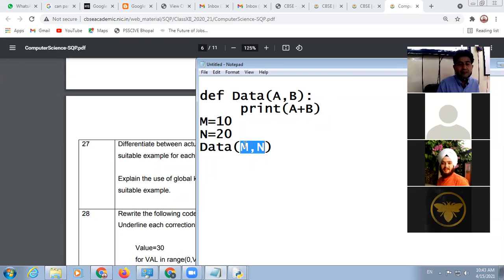These are actual parameters. But a and b, these are declared in function definition. So this is called formal parameter.